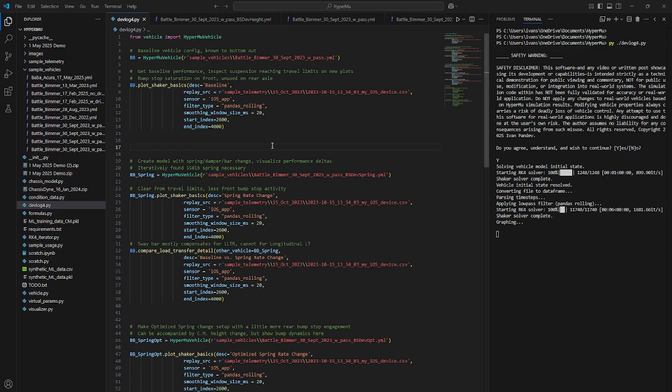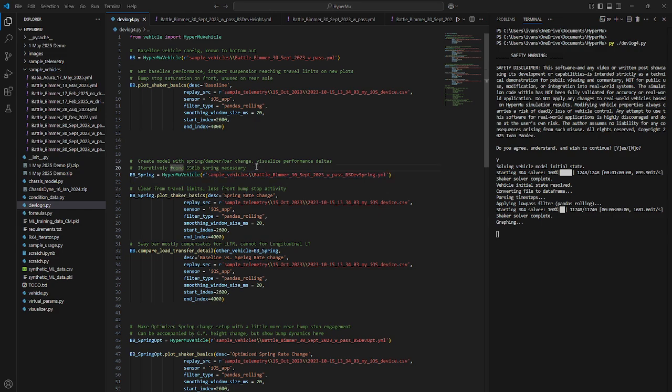So that model, even though it solved our problem of clearing the suspension travel, which should always be the first goal, making sure the suspension travel clears the limits, there are better ways to go about doing this. So we're going to skip the option where we're increasing the front ride height, and we're going to go to